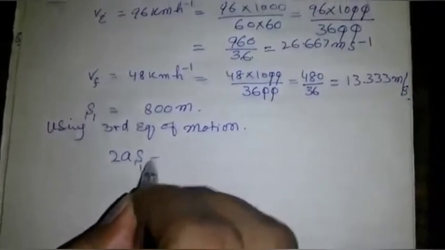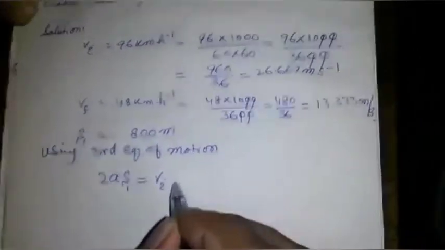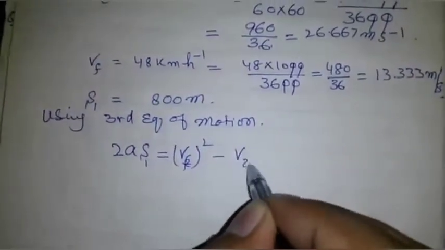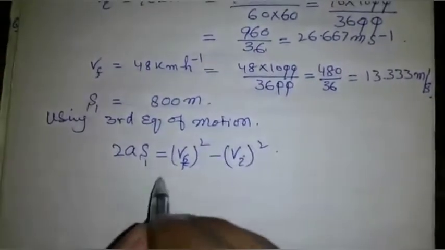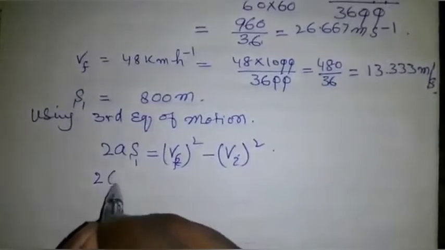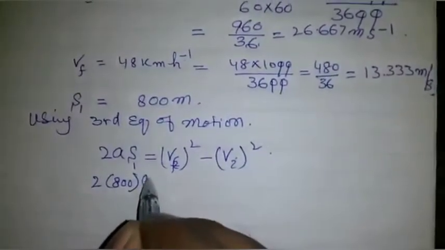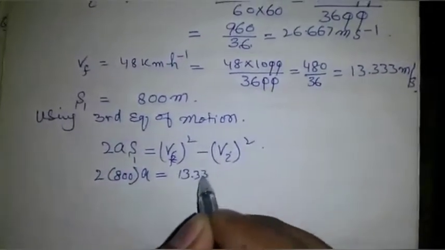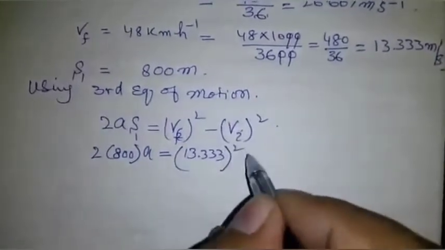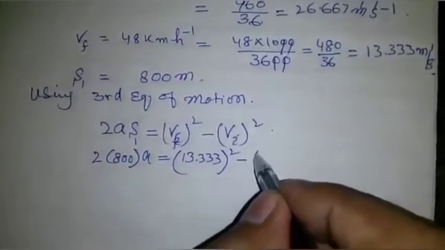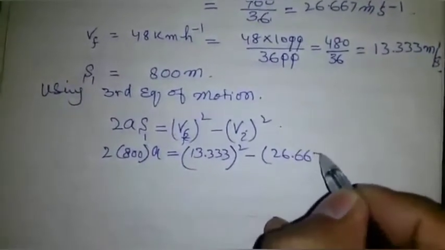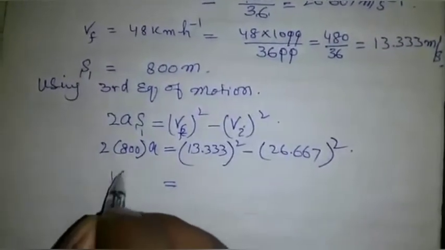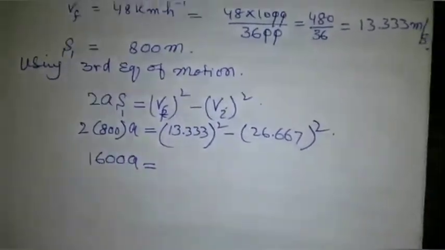AS 1 is equal to Vf square minus Vi square. 2 into 800 into A is equal to 13.333 square minus 26.667 square. 1600 into A is equal to